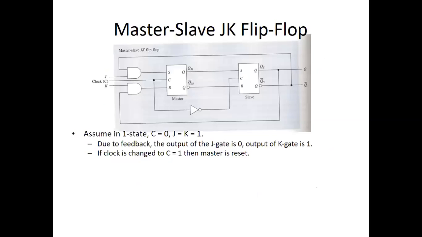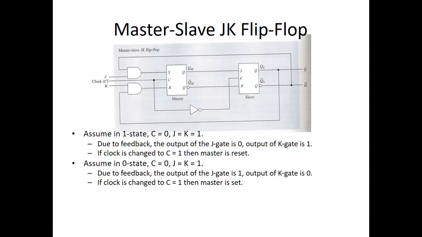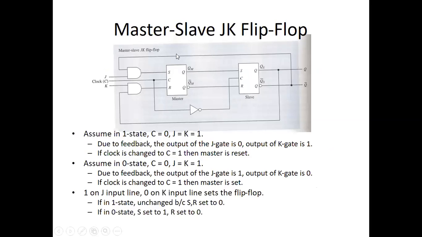So again, summary: when clock is equal to 1, the master will be enabled, and when clock is equal to 0, the slave will be enabled. So as analyzed various conditions over here, when